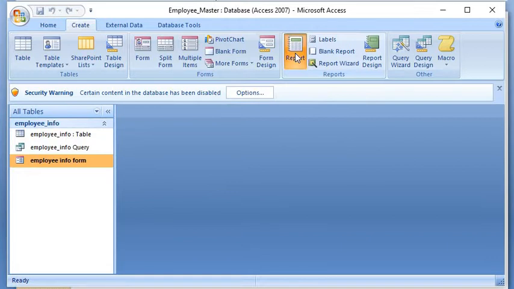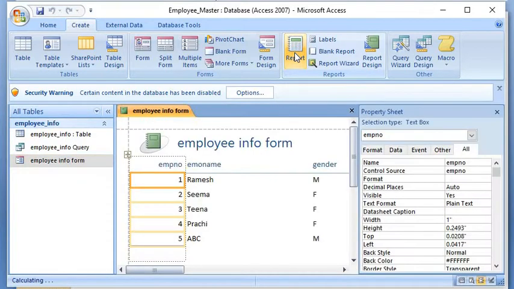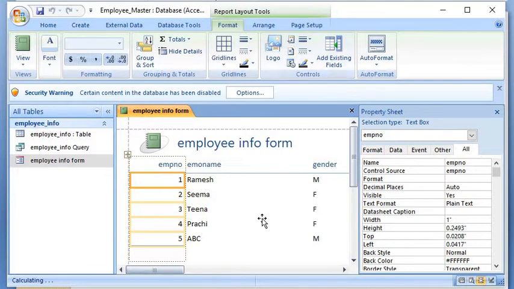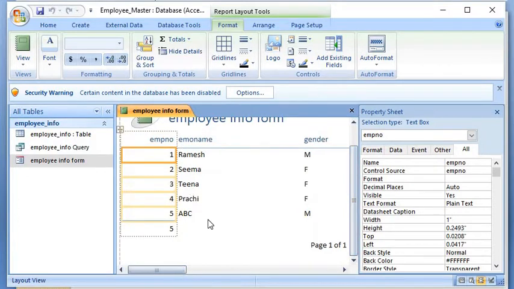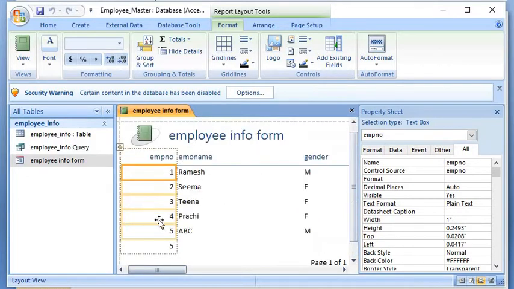So I am clicking here, and you can see a report is generated on the table employee information. There are 6 records. The fifth one is blank. As I had clicked the employee form, it created a report on this form. You click on this table and then generate a report.